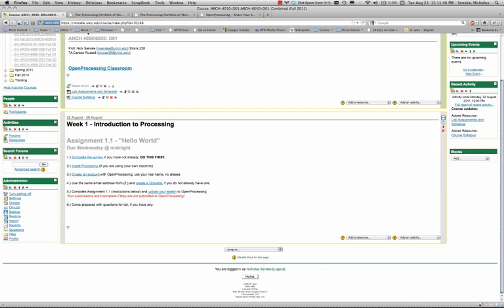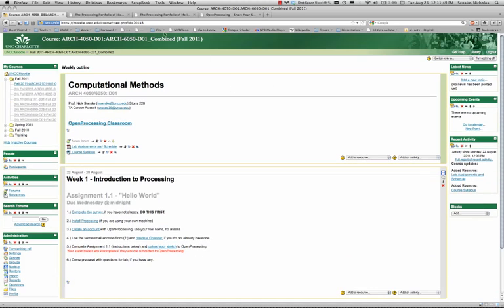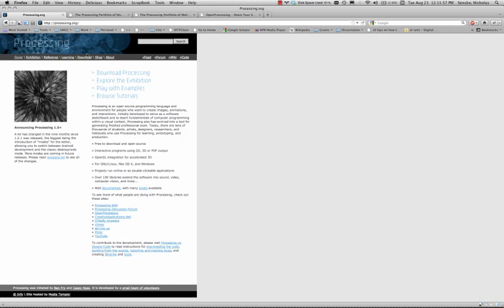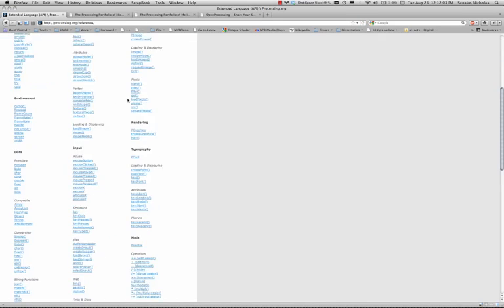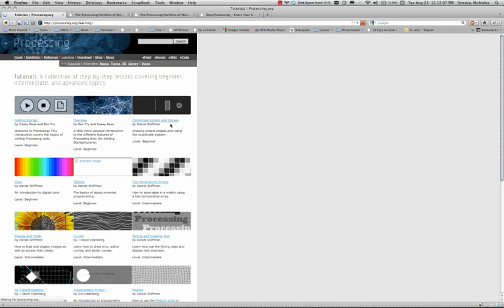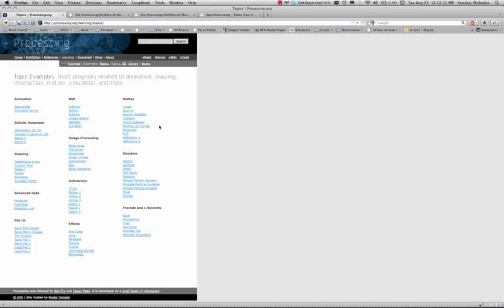First things first, you want to go into your browser and go to processing.org. It's the Processing webpage, and we don't need a textbook because we're going to have our reference materials available here. So all the commands in the language, got a few tutorials that you can run yourself when you want to. You can look at basic topics, and it's going to show you